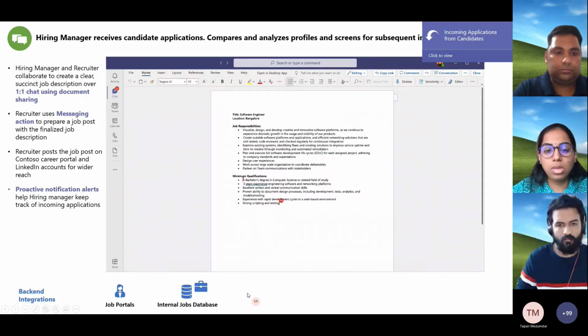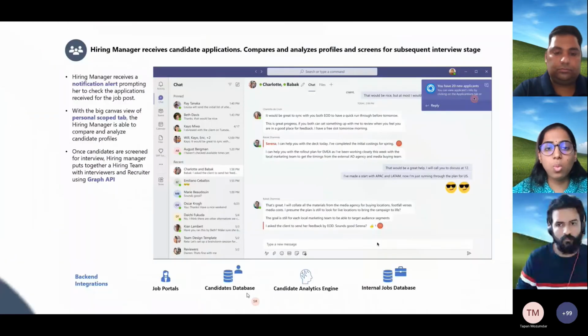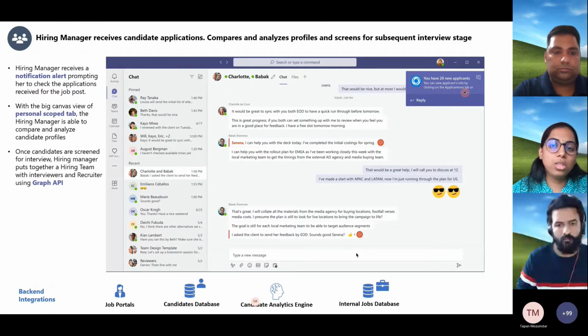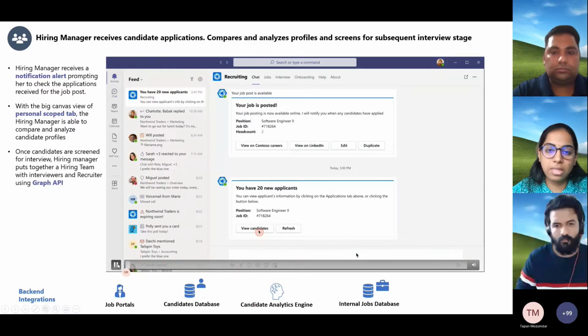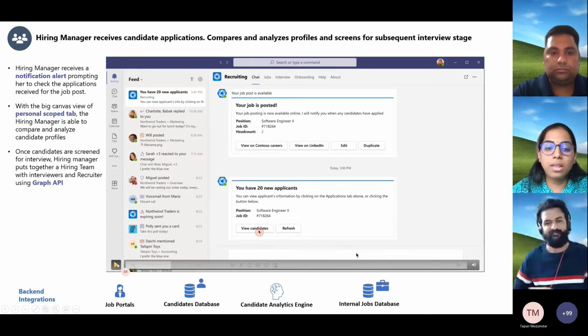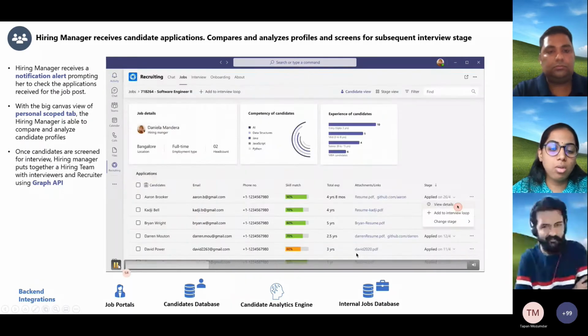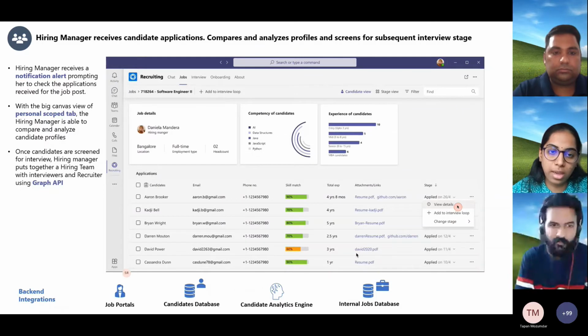Now, quickly moving on to the next aspect, once the job is posted on different websites, there are going to be a series of applications that come in. How is this really going to be streamlined inside of Teams? Essentially, there is going to be a notification that informs the recruiter as well as the hiring manager that so many people have applied, and the minute they click on view candidates, it's going to open in a canvas that Harish was talking about, which is the